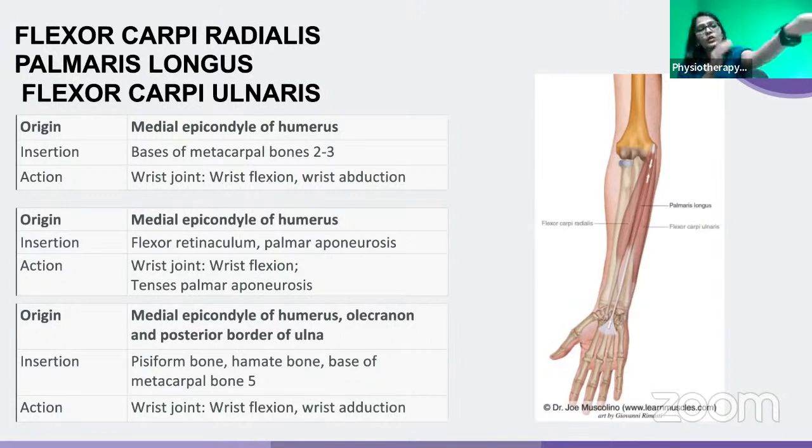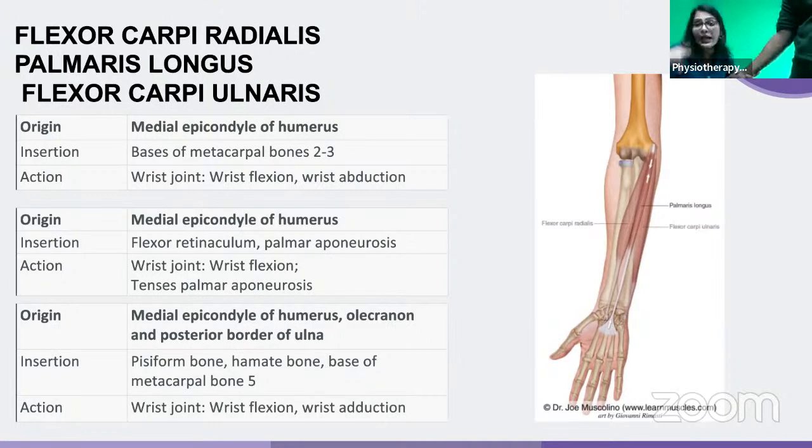As we all know, all the flexors originate from the medial epicondyle. From here, these muscles get originated. First comes your radialis. Why radialis? Because from here it is getting started, the medial epicondyle, and it is coming this way. What muscle is this? Radialis, because this is the radial side. This is the ulnar side. If the muscle is traveling like this and coming towards the radial side, that is your radialis. Flexor carpi radialis, and it is getting inserted on the second and third metacarpal bones,